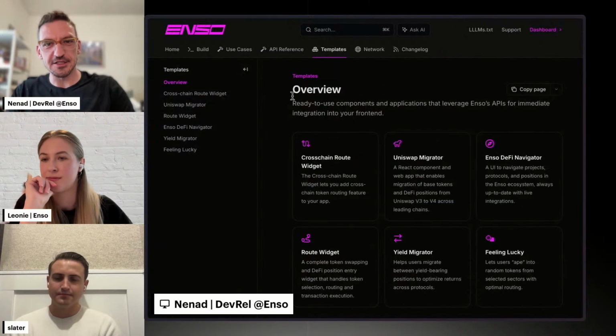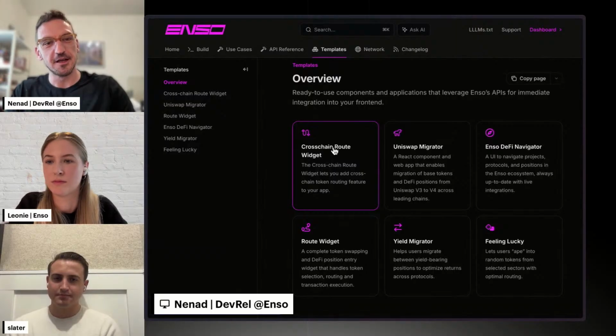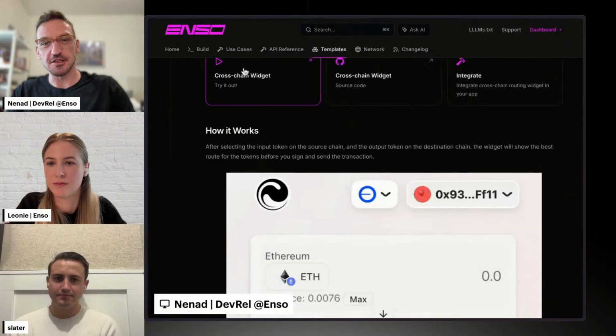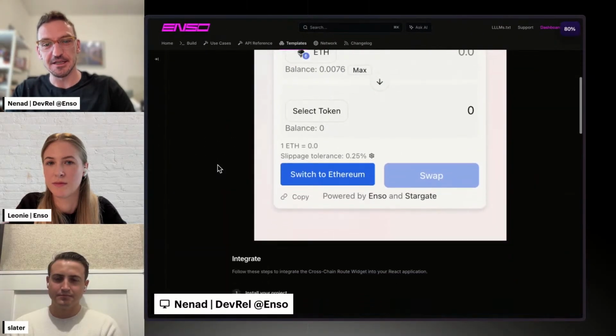Okay, so actually, it's one of the templates or widgets that we have among a bunch that we did. This is the cross-chain widget that builders can simply integrate in their apps.